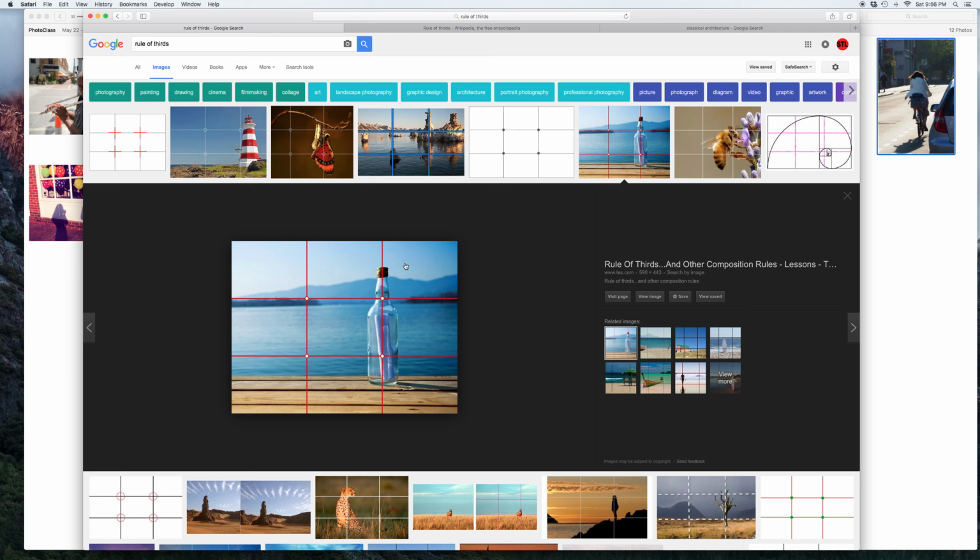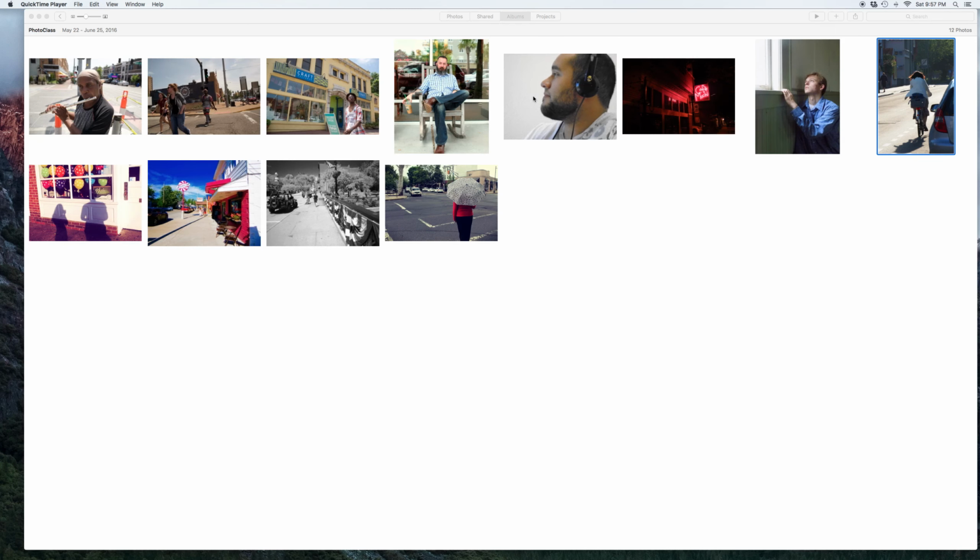So we want to be aware of the rule of thirds, even if we don't always use it, because in a lot of contexts today, that is one of the measures of what makes a good photograph, for better or worse. If you're not using the rule of thirds, you need to know why you're not. And a lot of times, actually, the rule of thirds does work. So I want to show you now in this video the application of the rule of thirds to some of